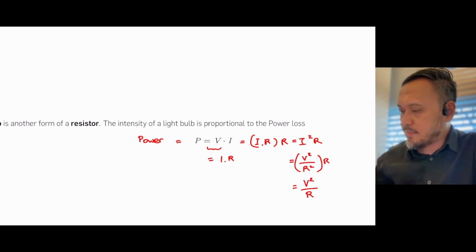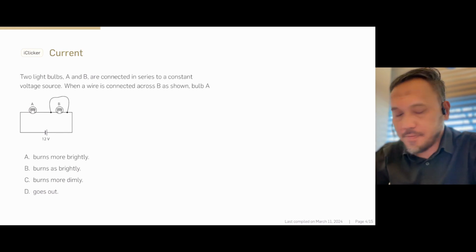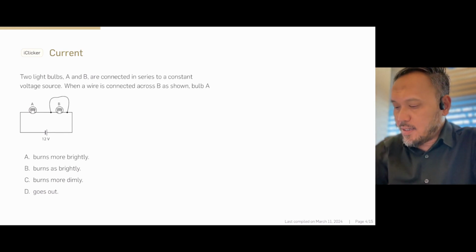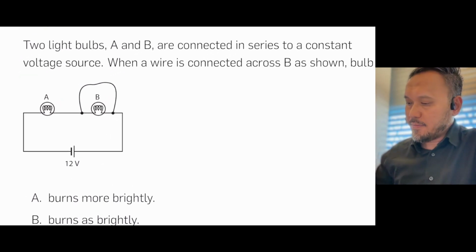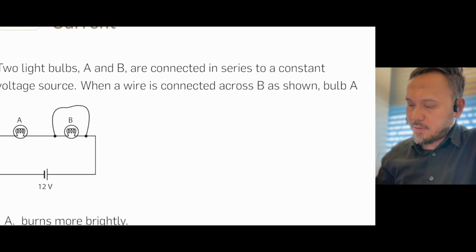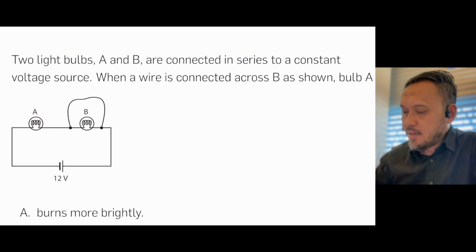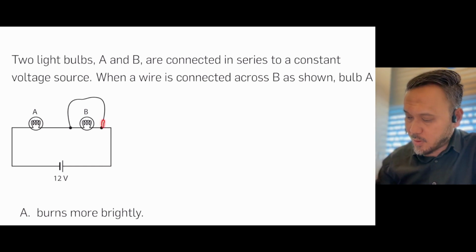So, and then I show you one problem. It looks similar to this, but I changed the wording a little bit. So basically we have two light bulbs, A and B, okay? And it's connected to a potential. And then the question is, if we connect a jumper wire, this wire here,